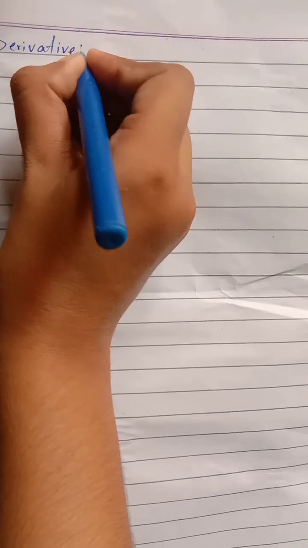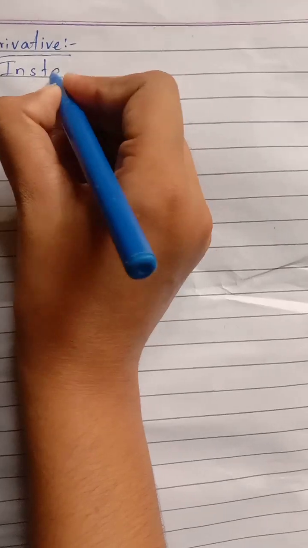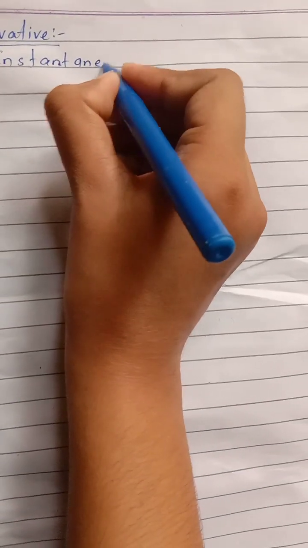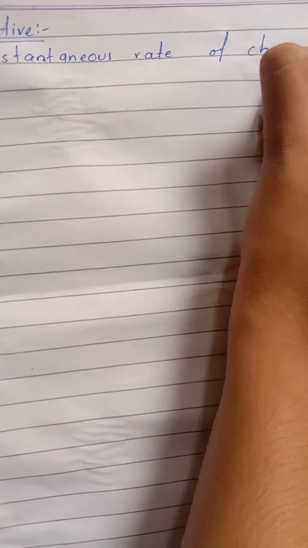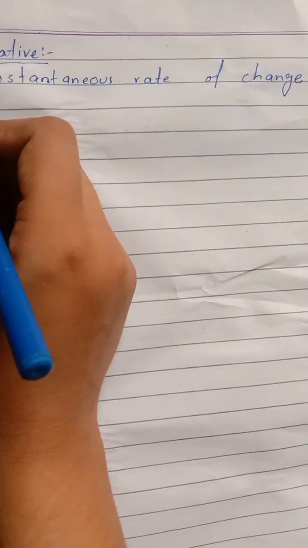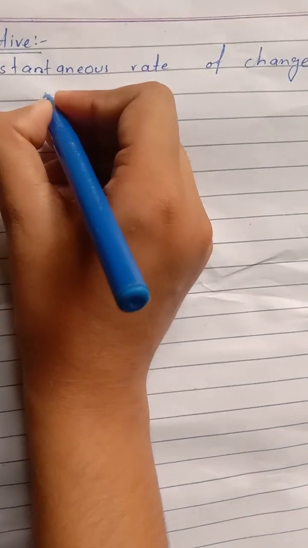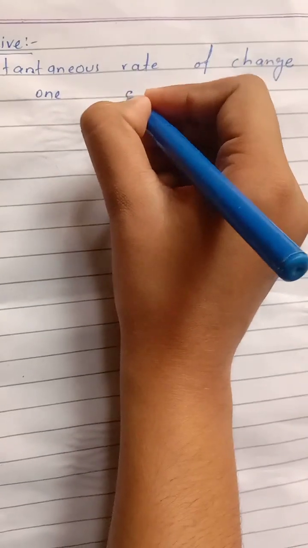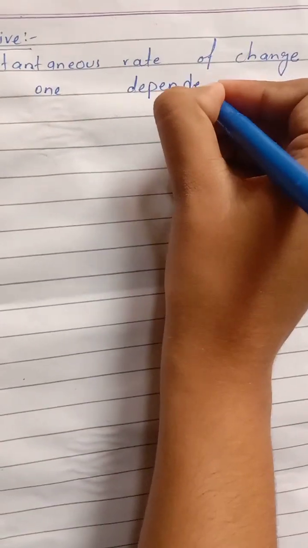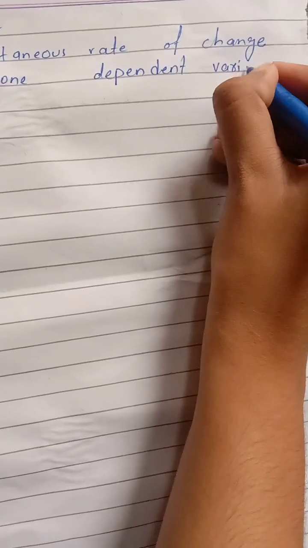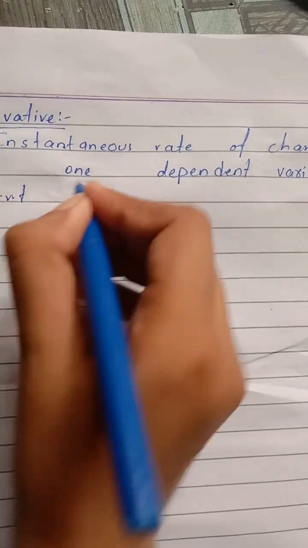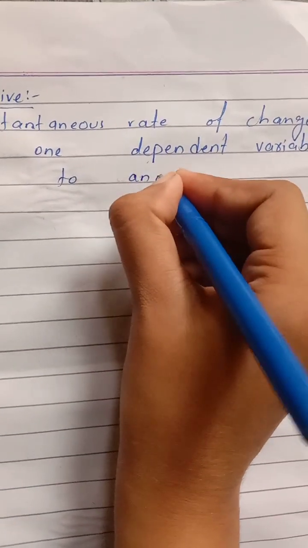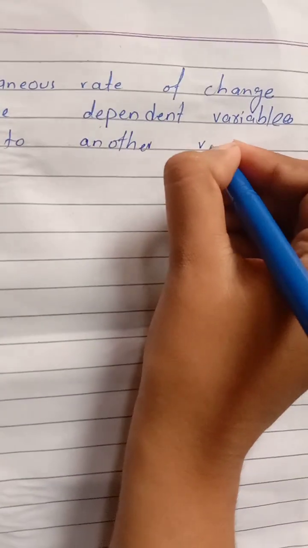Derivative. This is basically the instantaneous rate of change of one dependent variable with respect to another variable,